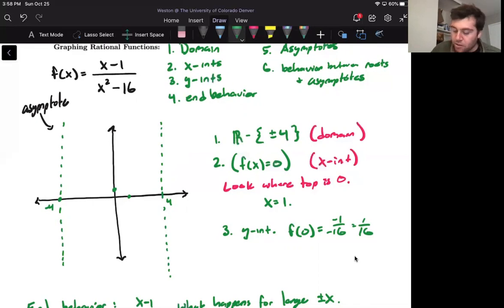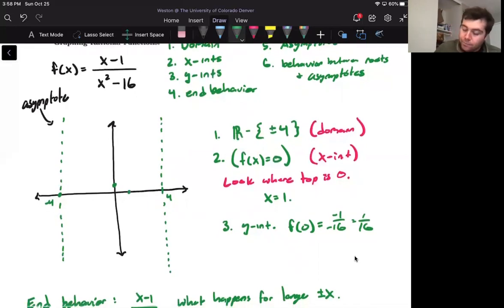And actually, maybe we'll just start with our end behavior. Anyways, what we'll do is first check to see if, for numbers greater than 4, we're positive or negative. So if we plug in f of